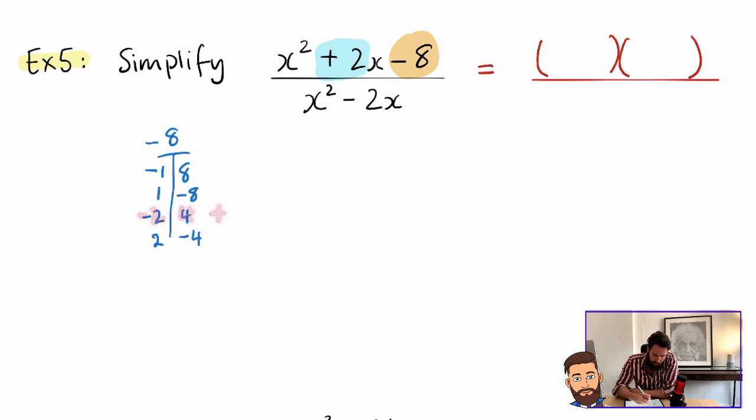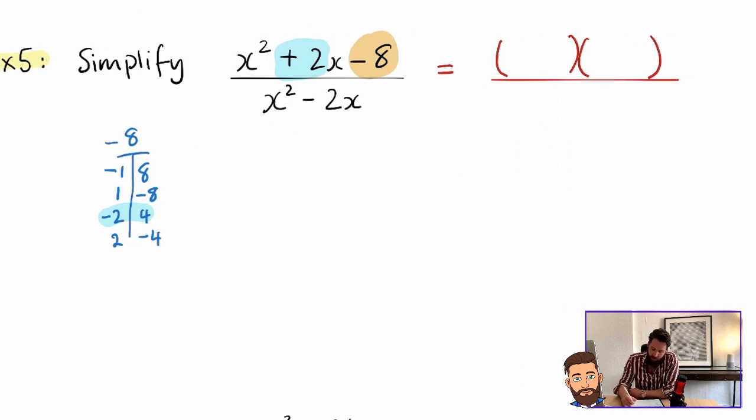That is +2. So we found it. It's that one, -2 add 4. If you look at the other one, what's 2 take away 4? That would be -2. So it can't be that one because we need +2. So what's going to go in my bracket up top? It's going to be x